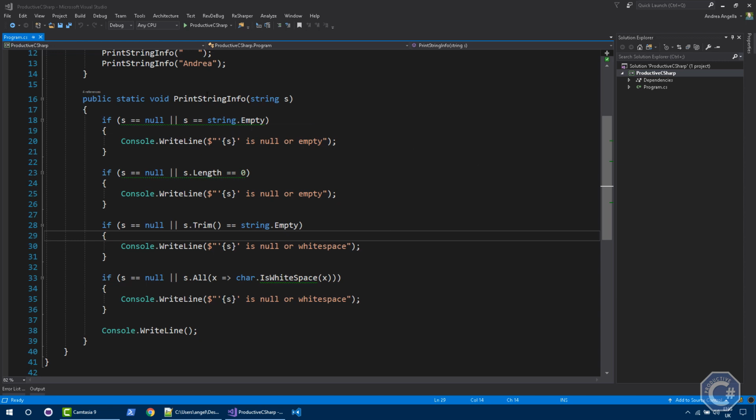So we have a method, PrintStringInfo, and it takes strings. The first two ifs basically check if the string is null or if the string is empty in two different ways. One is checking that the string is equal to empty, which is exactly the same as doing double quotes like that, or checking that the string length is 0, which is slightly more efficient. Okay. In the framework, starting from .NET Framework 2.0, you can do the same by using